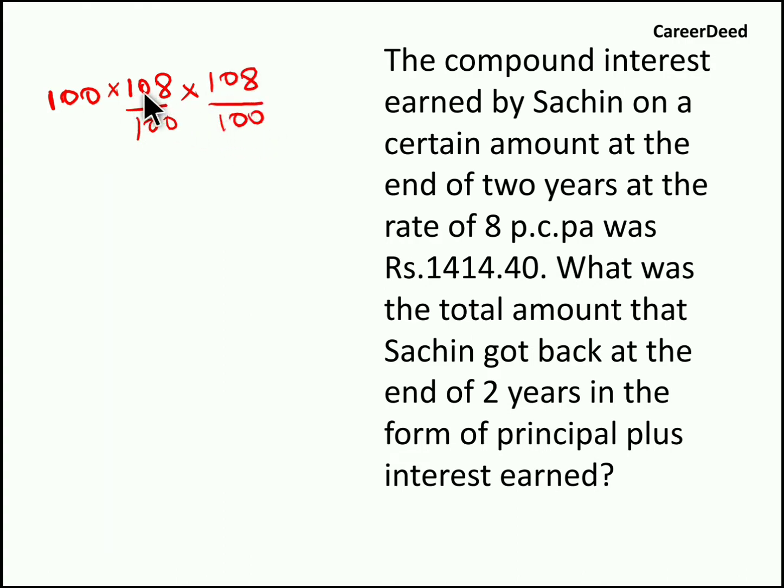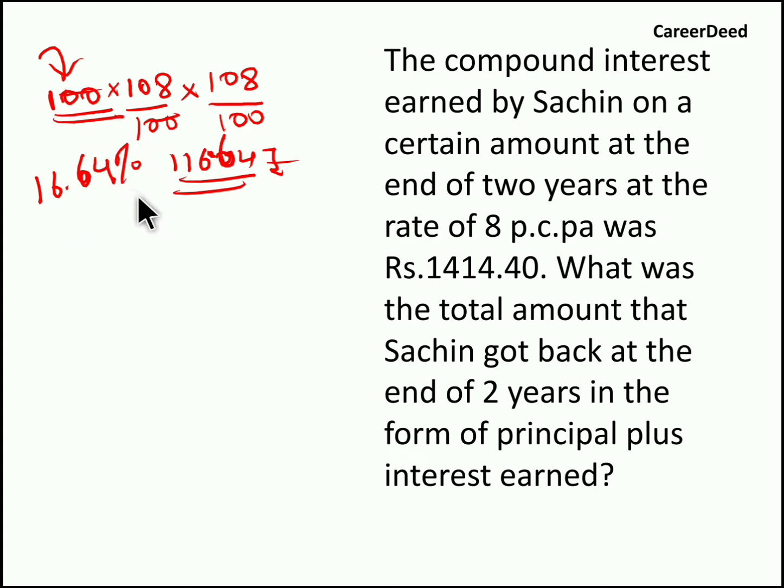So when you cancel it, you get 108 into 108, 11664. 0 cancel and 11664 rupees. Now at the end of 2 years, he pays 116.64 rupees in total. See, he actually borrowed 100 rupees from the bank. For that, he is paying 116.64 rupees. So how much interest is he paying extra? 16.64 rupees extra. So if this 100 rupees is 100%, 16.64 rupees will be 16.64%, right? So the 16.64% is given